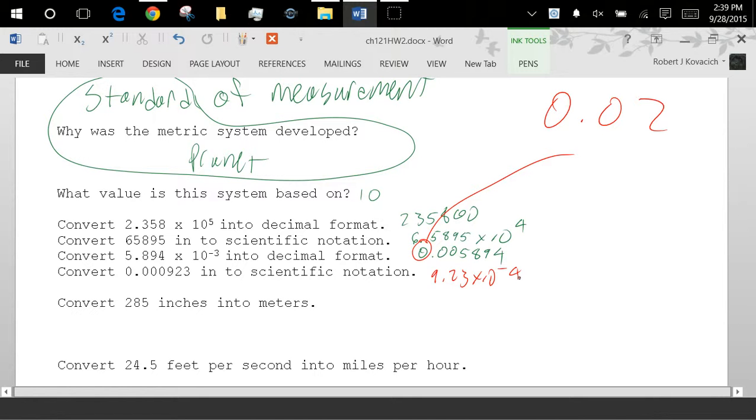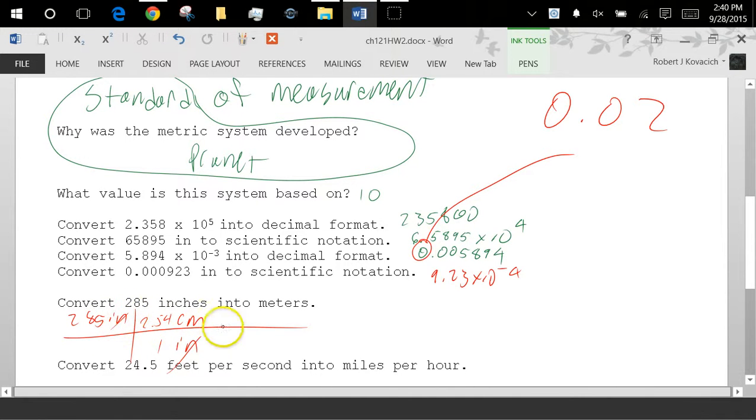Okay, so we're going to convert this 285 inches into meters. We're going to use the railroad track method. To go from the English length to a metric length, what do I have to use as a conversion factor to swap between the systems? That's centimeters to inch. I gave you this 285 inches, so immediately I can swap over. Where does the inch unit need to go to cancel? I'll throw an inch down here, and then I ask myself, can I go from inches into something else to get me closer to meters? Centimeters is that answer, and it's 2.54 for 1.